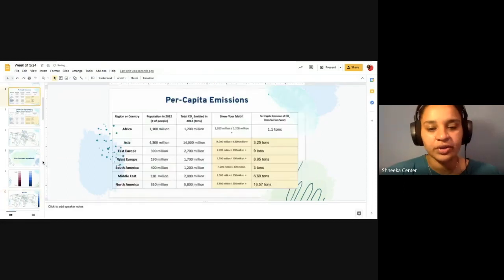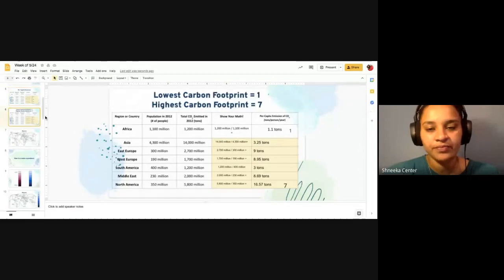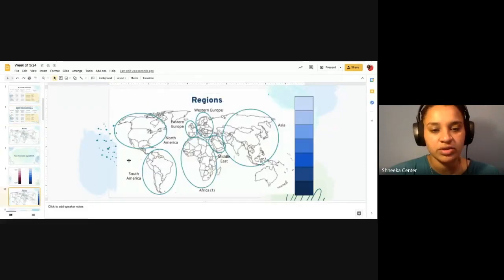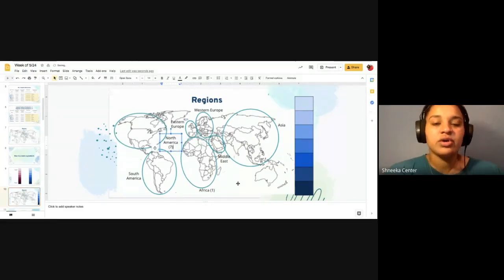Then you can go back to your chart. Go back to your chart and see which country you ranked to. I only did 1 and 7 as examples, so I'm just going to label 1 for Africa, and then next region is North America, which is number 7. So we're going to go here, next to North America, make a 7. Okay, so once you have that finished and all of the countries have numbers next to them,